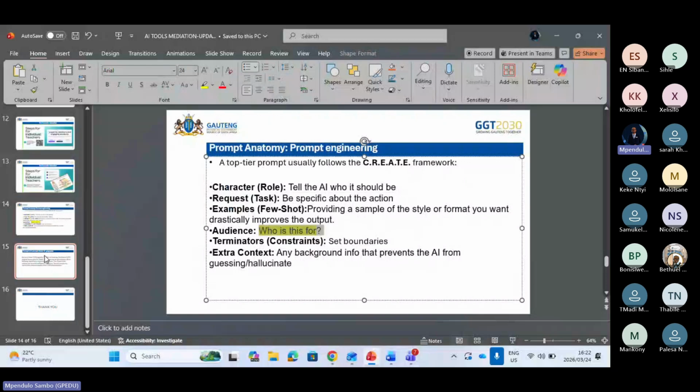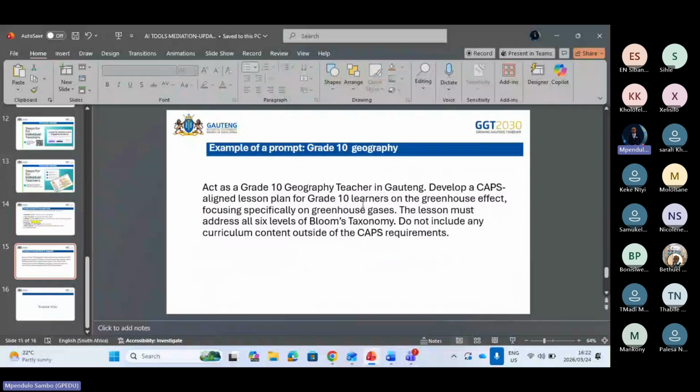So you see now my prompt covers most of the things. Topic, greenhouse effect, only focusing specifically on the greenhouse gases. Now I'm being specific, colleagues, and telling the AI tool that you are going to give me a lesson on the greenhouse effect, but focus only on the gases.